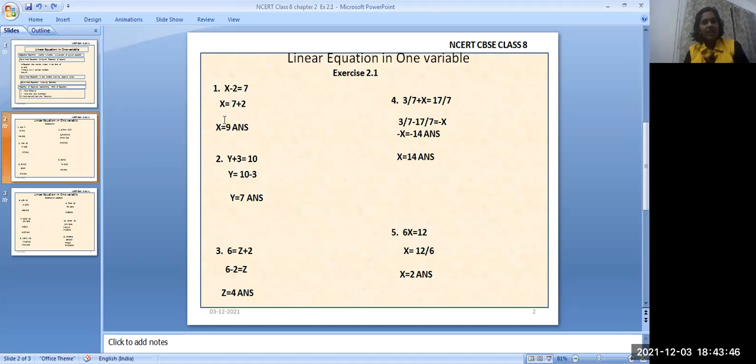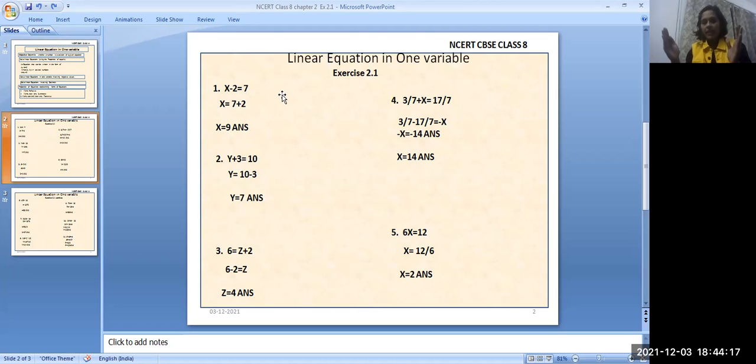Now, let's start with exercise 2.1. In this, question number 1, x minus 2 is equal to 7. x is a variable. That means its value can vary to any number. 2 is a number which is a constant. Its value cannot change. And 7 is definitely also a number. So we should do